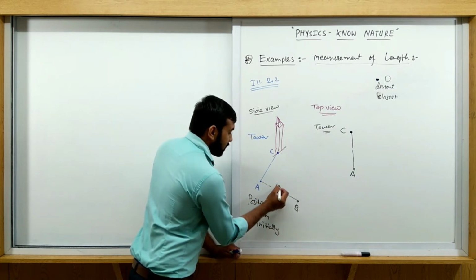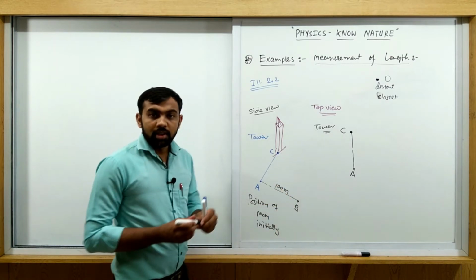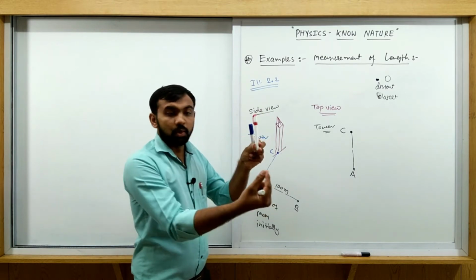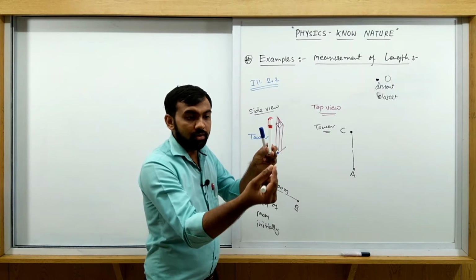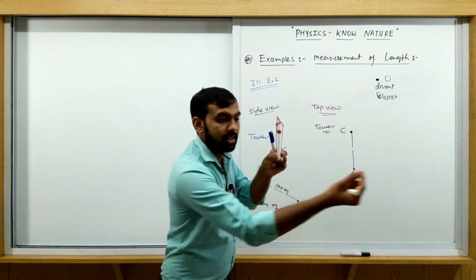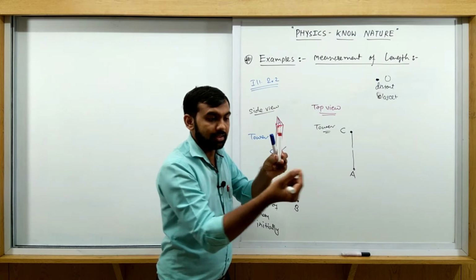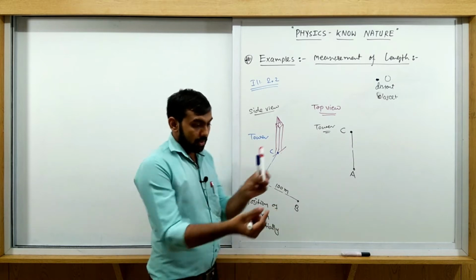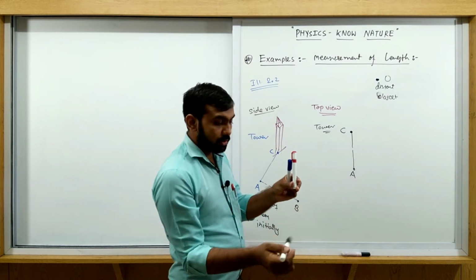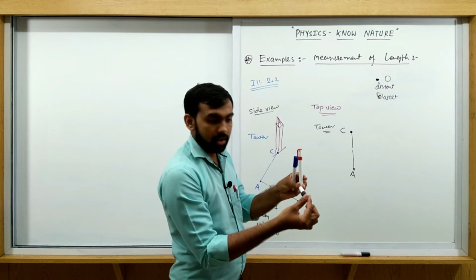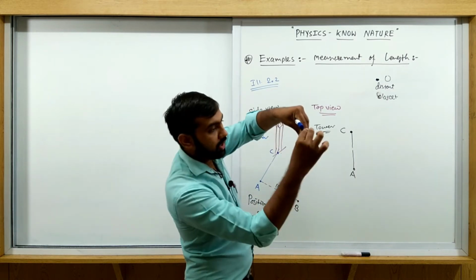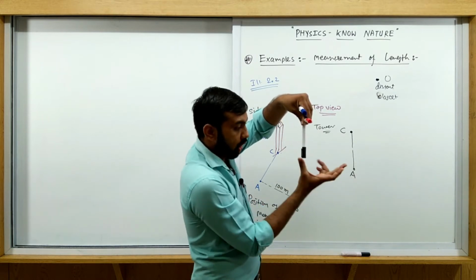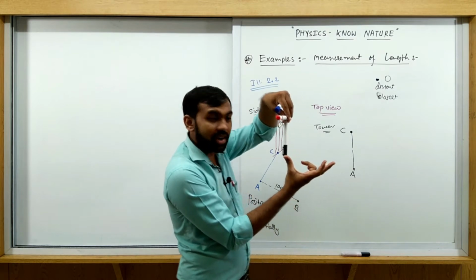This is a new position. Then how much distance? 100 meters. So the actual condition is this one. That is the tower, and the man is somewhere here. Tower C, position A, exactly in front of the tower. Now he was walking perpendicular like this, from A to B. So if you observe this figure, this is the tower, this is position A, this is position B. How much distance is covered? This distance is equal to 100 meters.